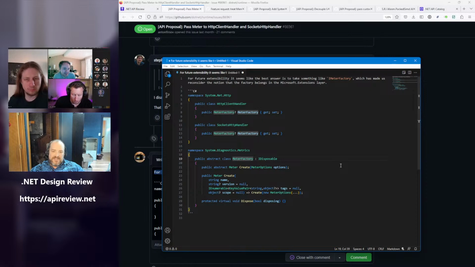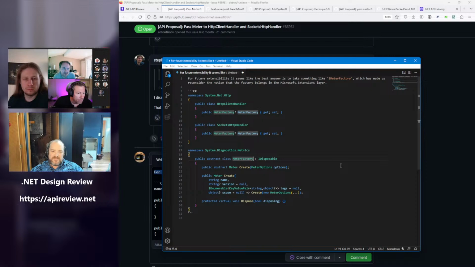But you have a memory leak if you don't, right? Like if you're making factories, making a bunch of meters, and then just forgetting about them, and then go and make a new meter factory, make a bunch of meters, you'll have a memory leak because internally, we have a static list of all the meters ever created. Yeah. Right. And that's what dispose does, is it goes and removes it from that static list.